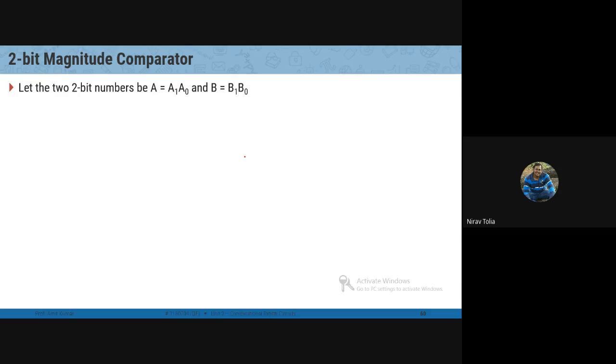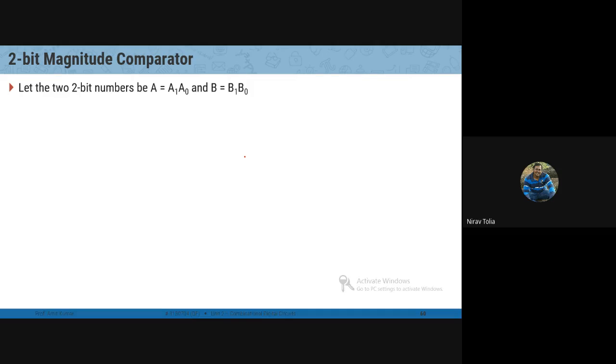Suppose in a 2-bit magnitude comparator, again, a comparator is a circuit which is used to compare two numbers only. In two numbers, you have either 1 bit or 2 bit or you can say 4 bit. So here it is a 2-bit magnitude comparator. In it, we have two numbers A and B,